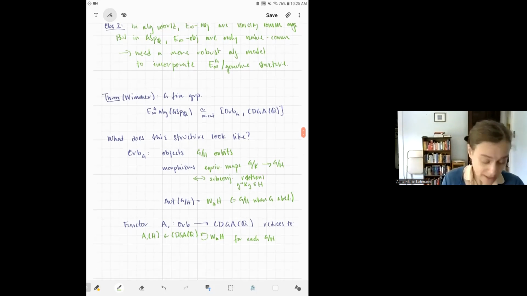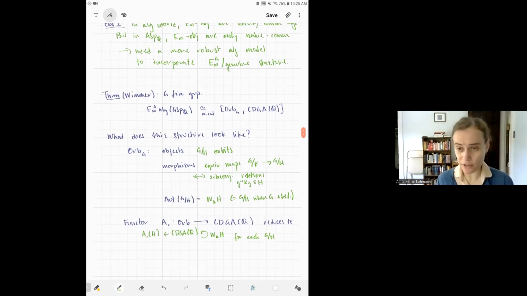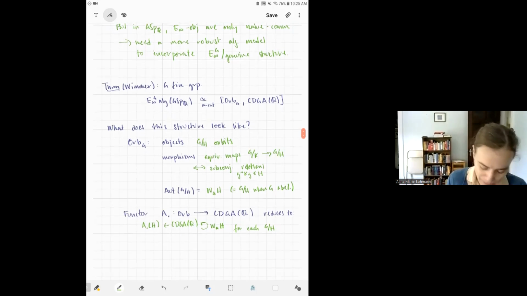Okay, so that's the object level data, but of course it's a functor, and so the important data is much of it contained in the maps. So we need to think about the maps, right? So what do we have map-wise? Well, we have a map from our CDGA for K to our CDGA for H